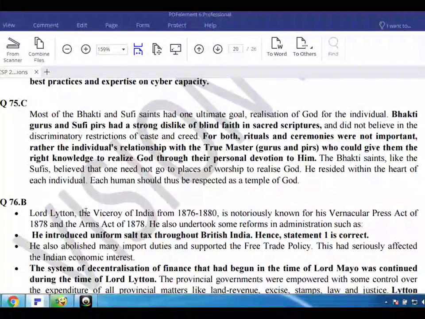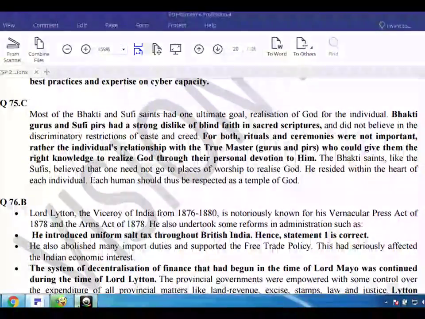The Bhakti saints, like the Sufis, believed that one need not go to places of worship to realize God. He resided within the heart of each individual. Each human